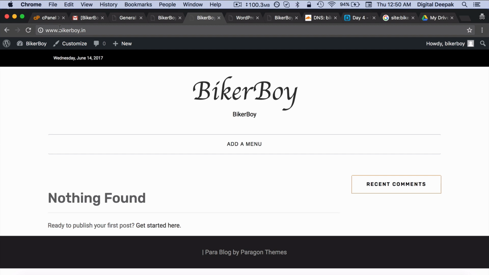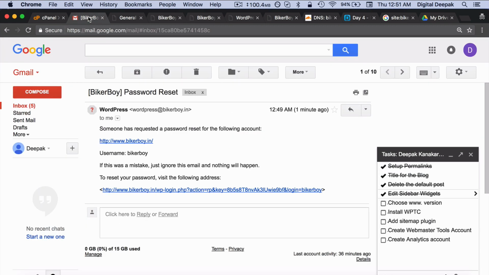But the most important thing to keep in mind is that once you choose a particular domain version, you should not change it again, because whatever backlinks you are getting are going to be for one version of the website. And if you are building backlinks for the triple W version, and then you change to the non triple W version, then you technically lose all the backlinks. So that is something that you should decide and not change again.